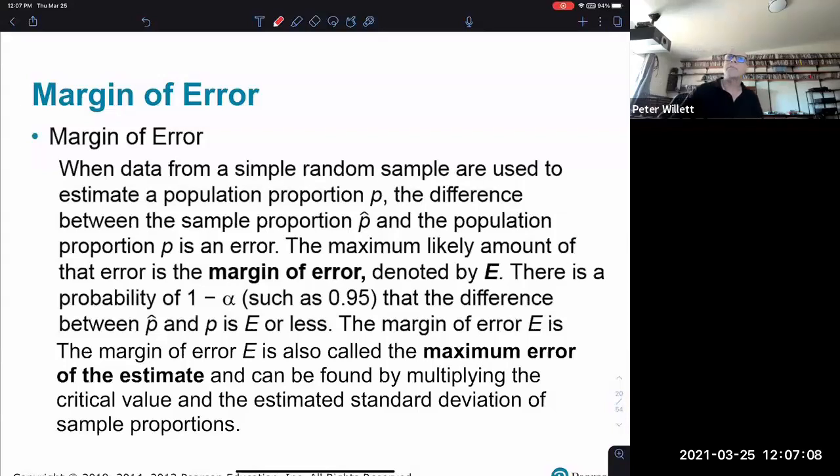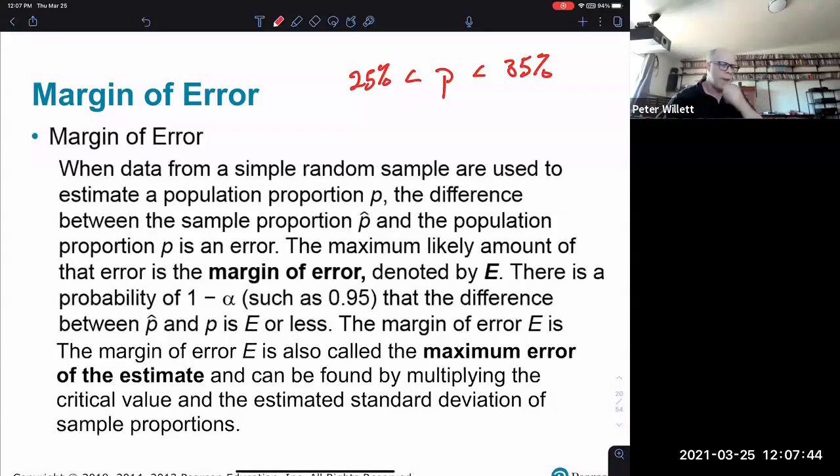The maximum likely amount of that error is the margin of error, denoted by E. The maximum likely amount of that error. Because in general, you're not going to know what the actual population value is, so you're going to have to calculate the amount of error that you're allowing as a maximum. And when you give an interval, so if I say P is less than 35% but greater than 25%,